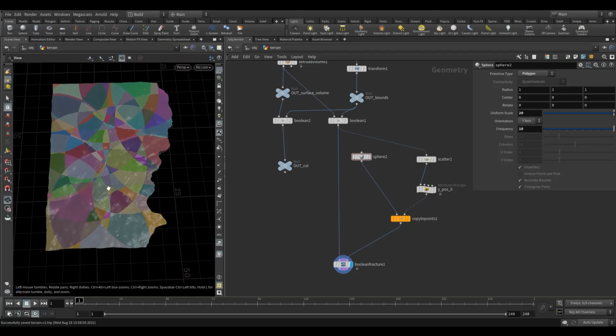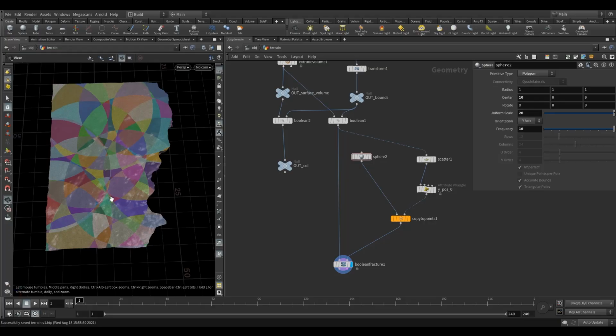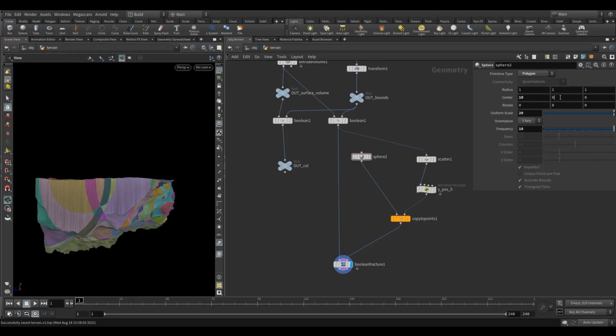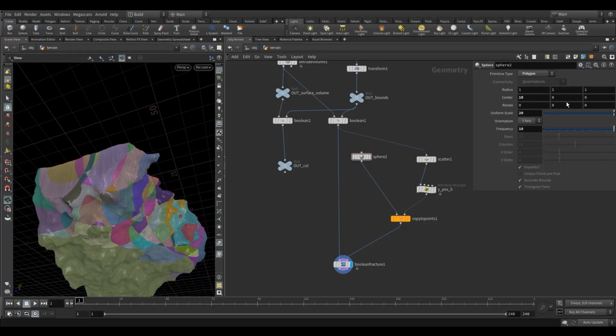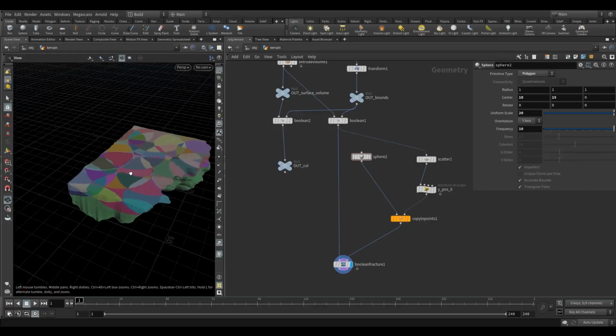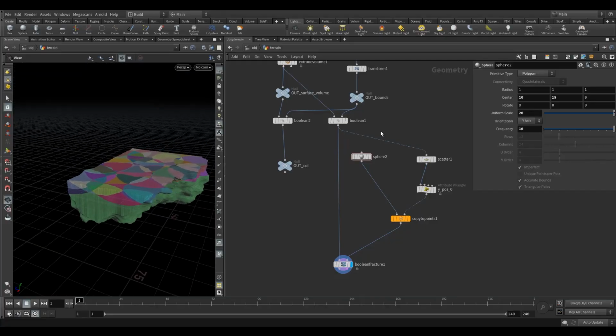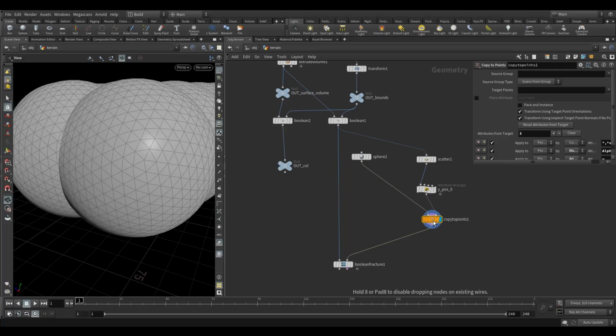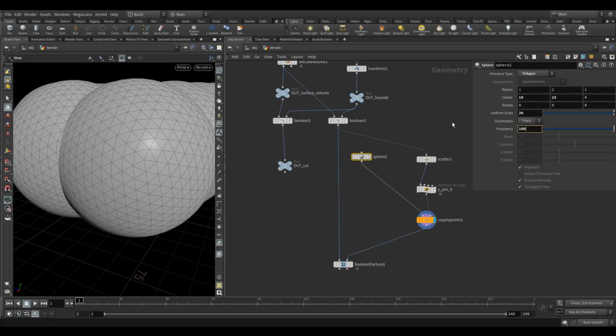Okay, so you can see there we're getting kind of geometry in the middle, and then it looks a bit uneven. You can see it seems to be more in the center there, right? So I'm going to move this over a bit and move all of the spheres up a bit so I can get that piece at the bottom like I was saying, right? See that? So I'm kind of just clipping off the top there now, which is what I want to do. Okay, so I'm going to come back here, go back to that high res,